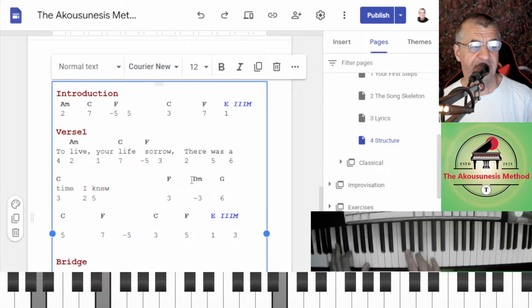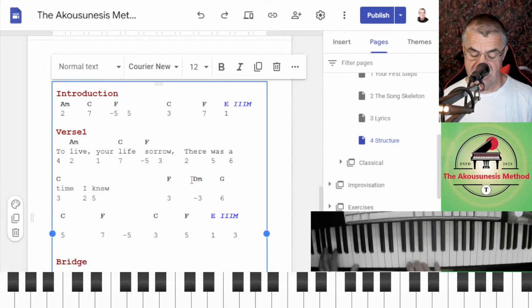To live your life, sorrow. There was. Because it goes right down to here. You've just got to practice it to see if it's going to be better. To live your life, sorrow.